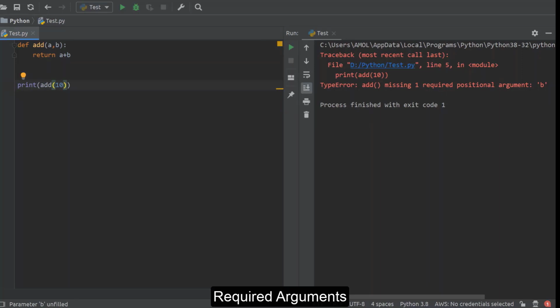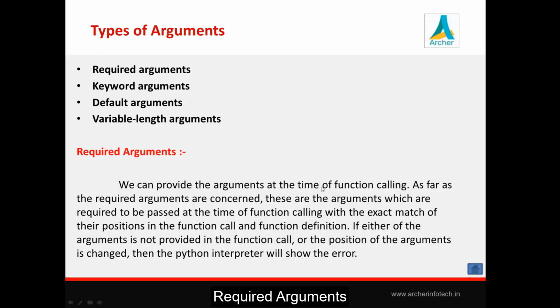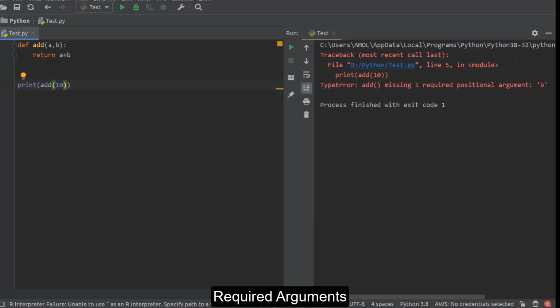So that is what is meant by required arguments: the arguments which are required to be passed at the time of function calling with the exact match of their positions in the function call and function definition. There are 2 parameters to receive the arguments, so we need to pass 2 values. The number of parameters and number of arguments should be matched during function call.